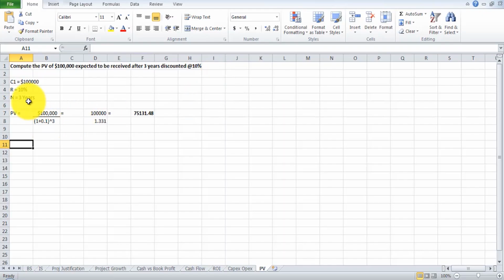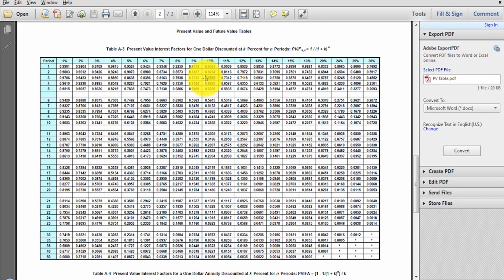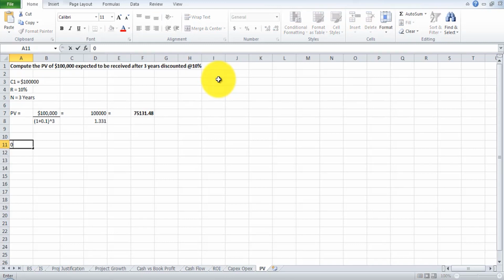We need the value at the end of the third year, so that is the number 0.7513. What this means is that $1 today discounted at 10%, after 3 years has a value of 0.7513. Now if we replace this 0.7513 in our equation and multiply this value by $100,000,